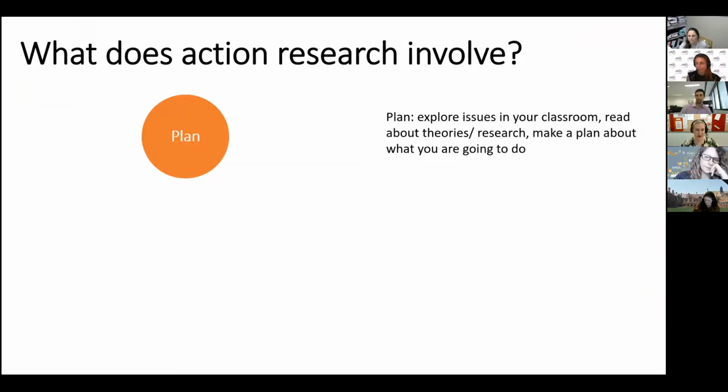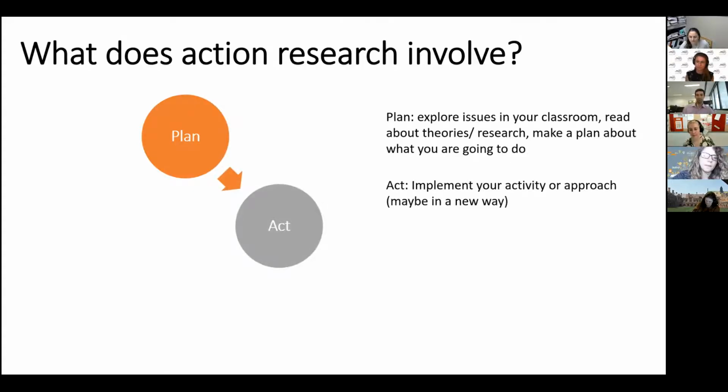That seemed to be higher in the EAP, the English for Academic Purposes classrooms. So he thought, okay, I need to explore what activities are going to encourage my students to be more engaged. So he focused on the word meaningful, and he did some research around what meaningful means and what a meaningful activity is. And his plan was to try and use some meaningful activities in class, and he's teaching online. This was in 2020, to try and engage his students. And he planned, and then